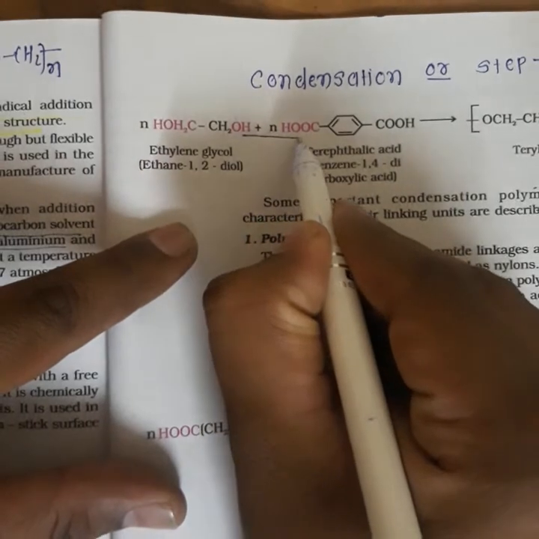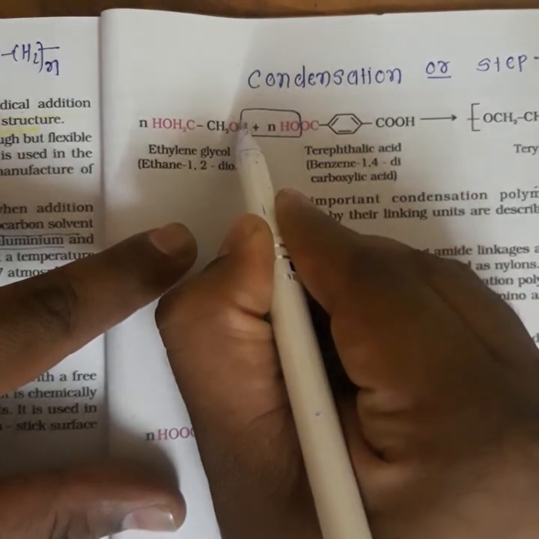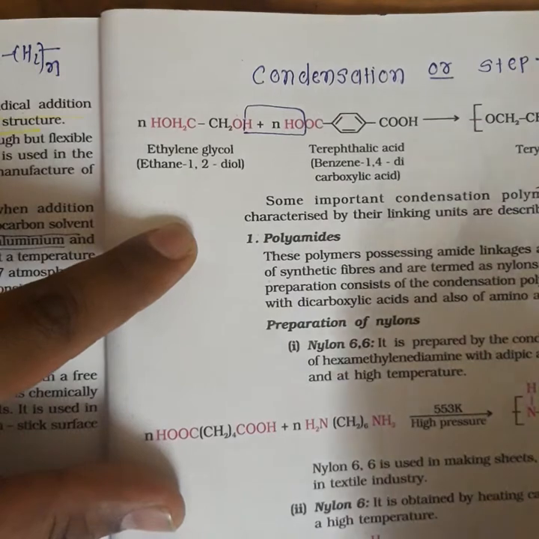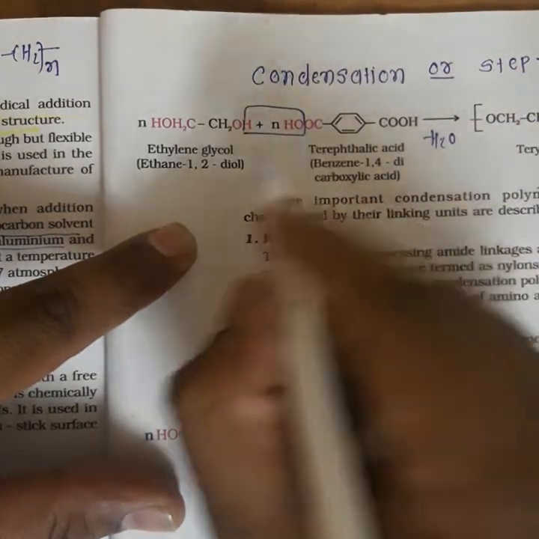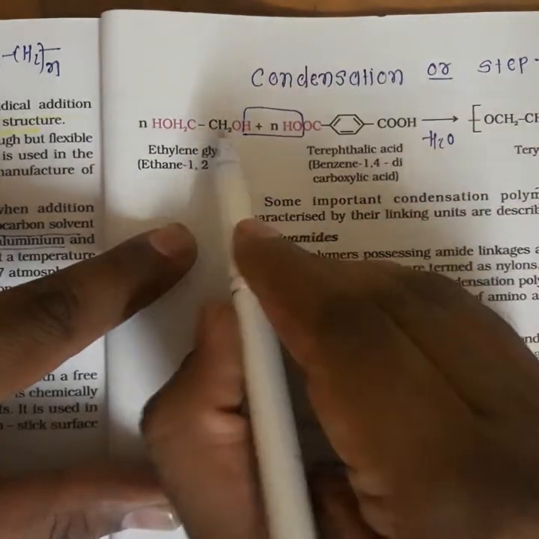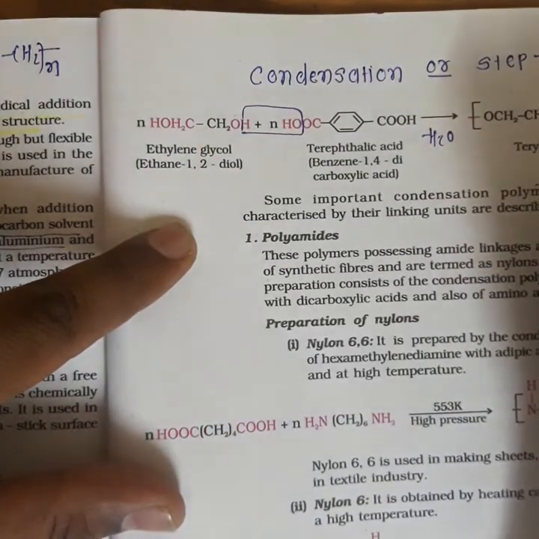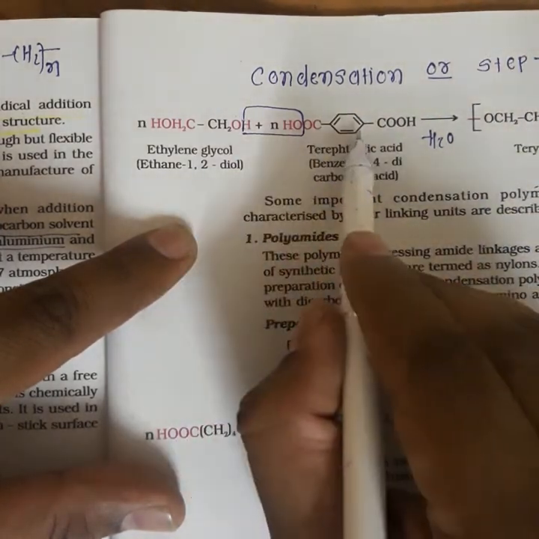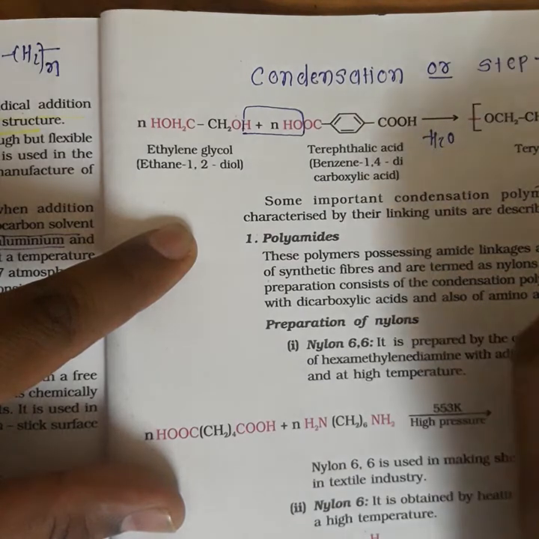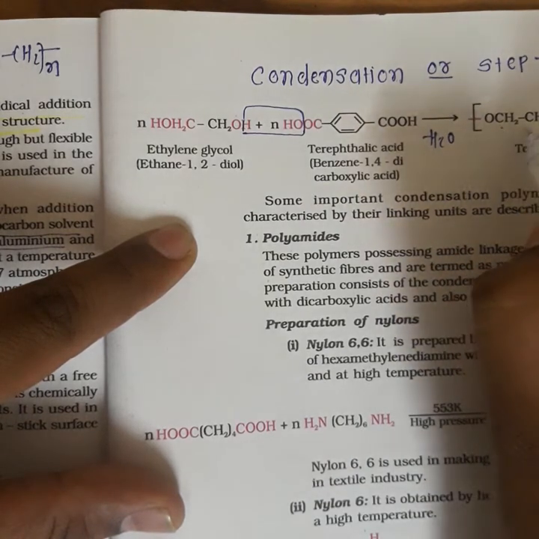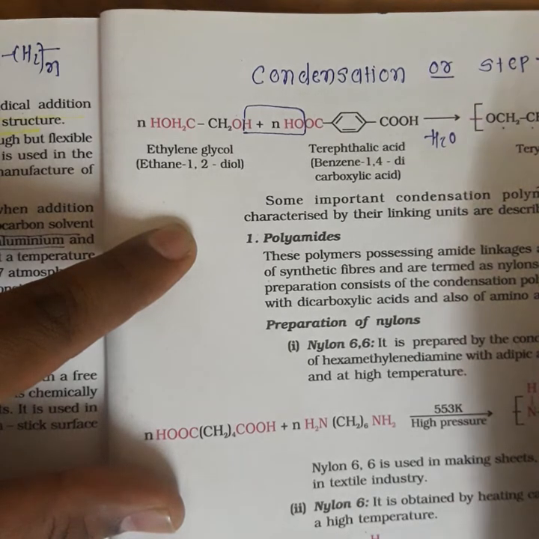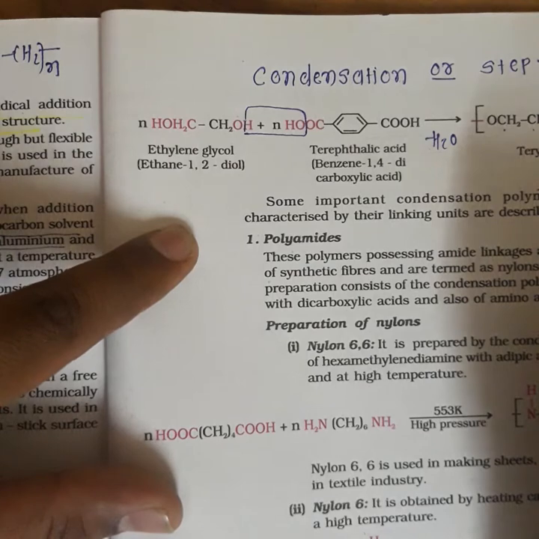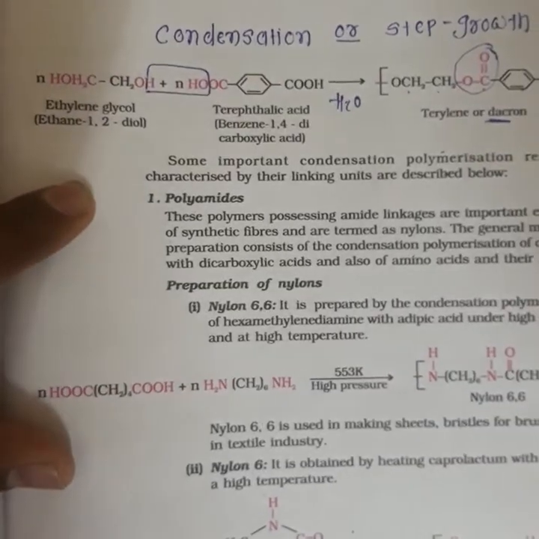Hydrogen atom from the glycol group and OH group from the carboxylic acid undergo the polymerization reaction, lose water molecules, and result in the formation of O, CH2, CH2, O, C double bond O. The O, C double bond O linkage is called an ester linkage. C6H5, C double bond O is repeated n times. One can count the carbons: 6 carbons of the benzene, 9, and 10. So there are a total of 10 carbons. That's why it is called Dacron.